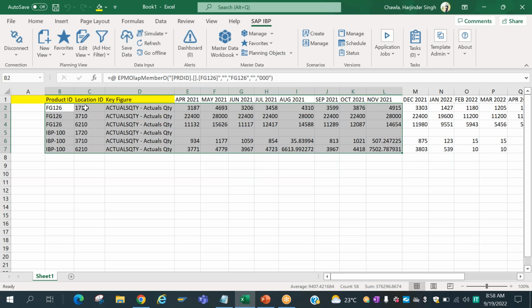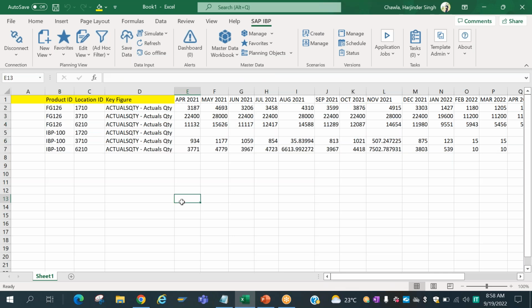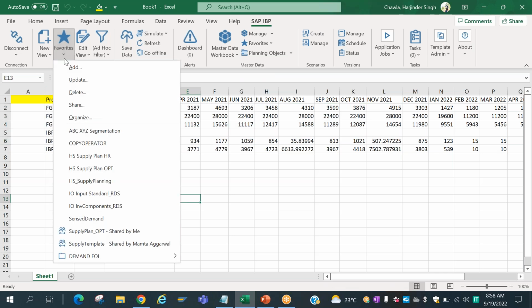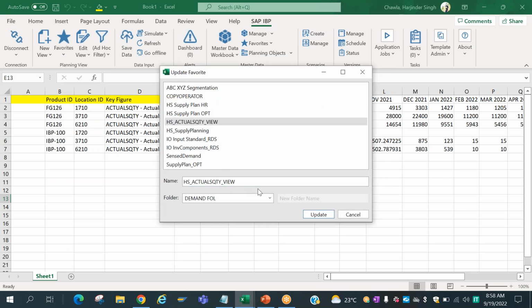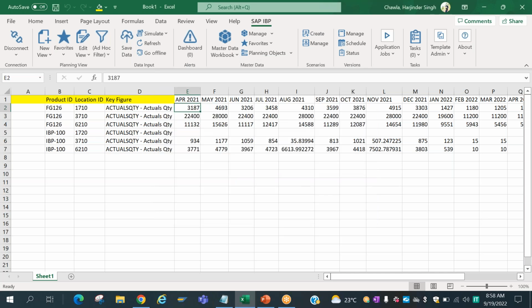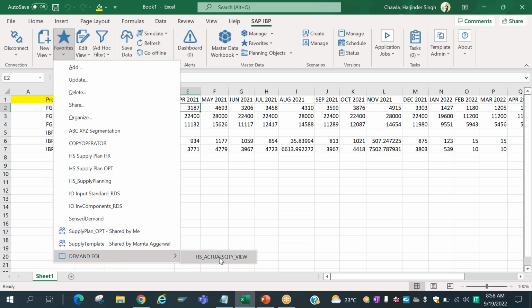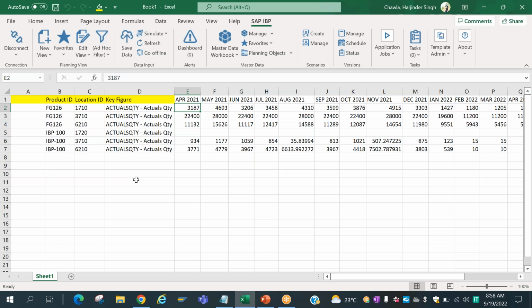And now if you want to modify your favorite, then you can just say update. So the same view, you want to update it, you can say update. So now that view is updated. So the advantage is if I disconnect, tomorrow I'm connecting back, I'll go here in the favorite section and then load it. This data will be visible to us without going into the new view and then doing that